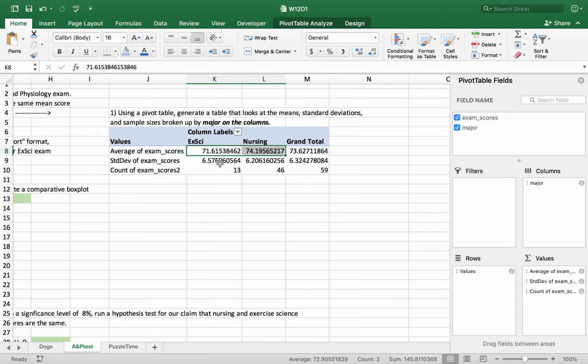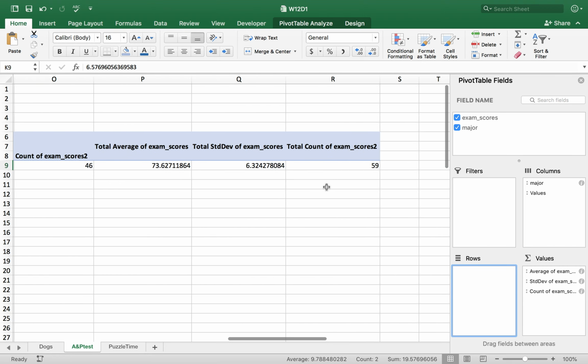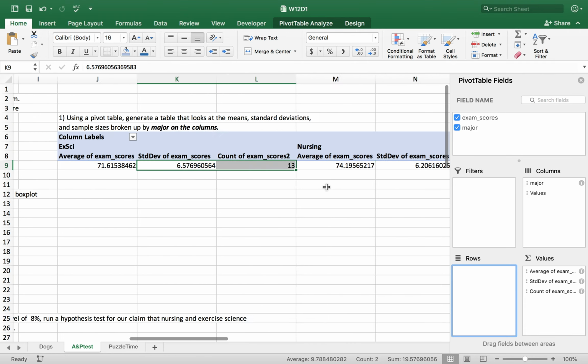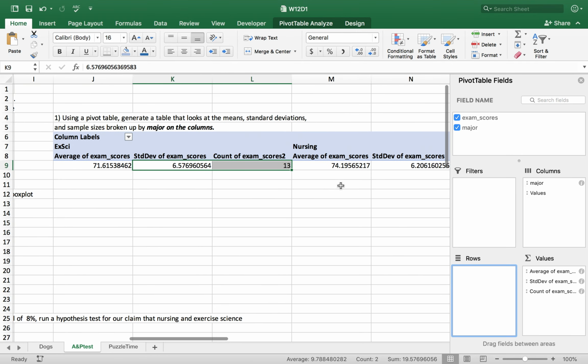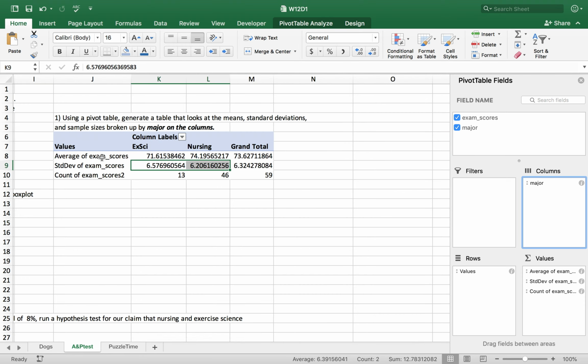We can see a difference in means, and we can see that the standard deviations are roughly the same. Okay, so sometimes when it looks like it's sorting this out value-wise across all of your columns, the way that you fix this is you see this little values inside of the columns. You want to pull this over to the rows, and it's just going to kind of stack the summaries